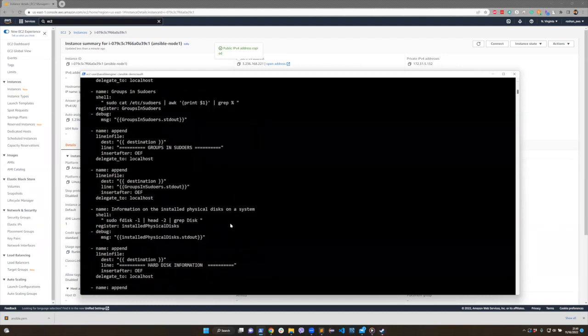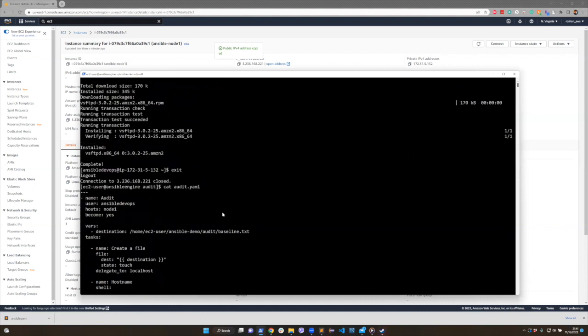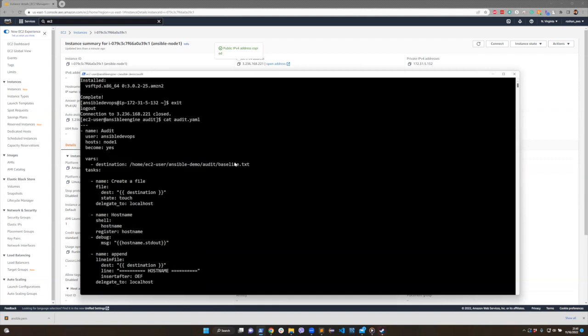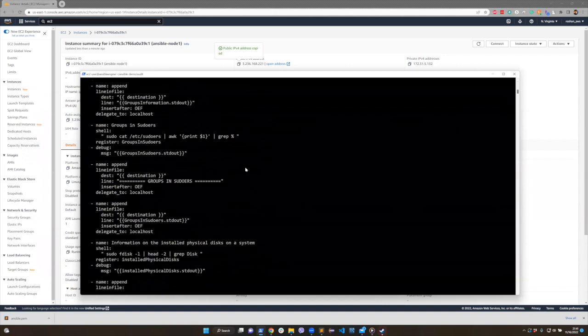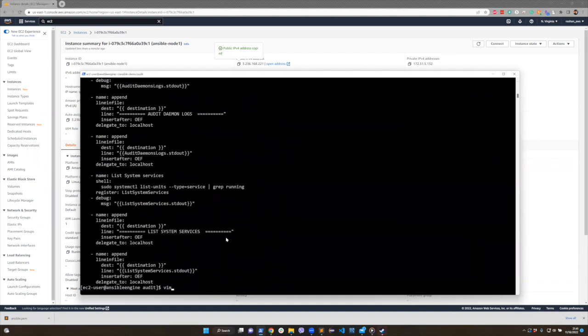Here there is a variable at the top, which says destination, and so we have this baseline.txt, right? So we want to create a new file called data.txt. First of all, our playbook that we already created was using this baseline text, and now we're going to edit this to simply point to a different file, which is going to be data.txt. So let's go on to changing that file,